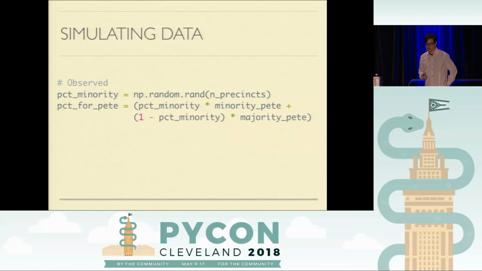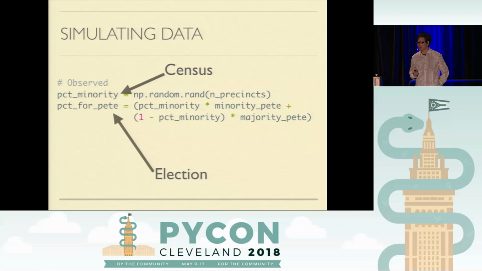This is observed data. So we're going to be able to see this data from either the census results or the election results. We're going to look at what percent of the total population is in the minority group. This is going to be a random number between 0 and 100%. Notice that it could be above 50%, so just because we're calling it the minority group doesn't mean it's the minority demographic in that particular precinct. So this will be another vector of length 14.